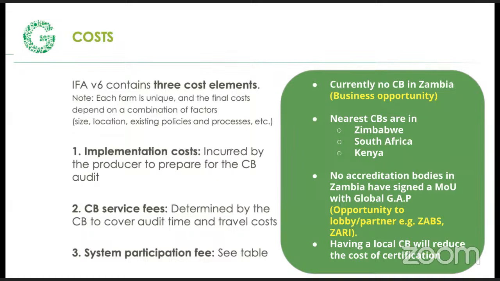So the good thing is, in the case where we don't have one in Zambia, there's nothing stopping Mr. Daka making an arrangement with that company in Zimbabwe or Kenya. And if I receive the applicable training and I can do an audit properly on behalf of that company, they do make those arrangements. So even without a certification body, you could have the company in Zambia send their representative to audit your farm, and you still get that Global Gap certification.